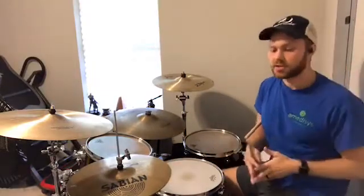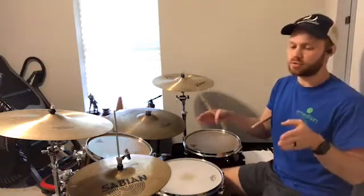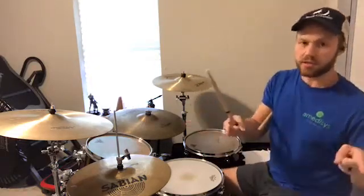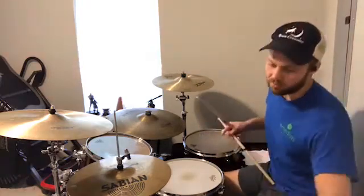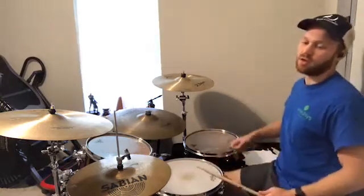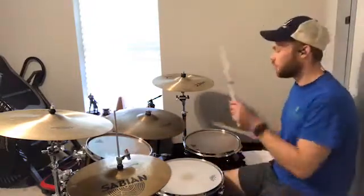And then this one does have a fill at the end of it. Basically, you're going to play the first 2 beats of the measure. You're going to play the first half of what you played on the second measure, and so then the fill is going to be beats 3 and 4 of that. This one will be in 16th notes, so that fill is basically, so 3E and 4E and